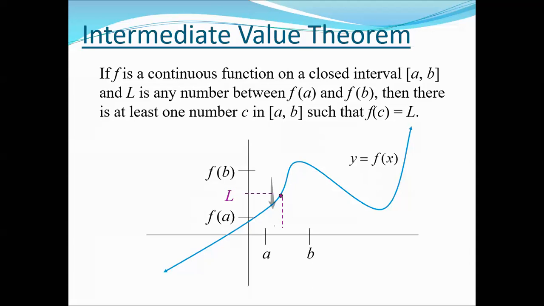Okay. If the interval is not closed, we cannot say it assumes every value in between f of a and f of b. What could be the reason? Suppose it is not closed, then at the end point the function can go to infinity. If we take tan x on 0 to pi by 2, at pi by 2 tan x is at infinity, so we cannot check points at infinity. So the function must be continuous on a closed interval.